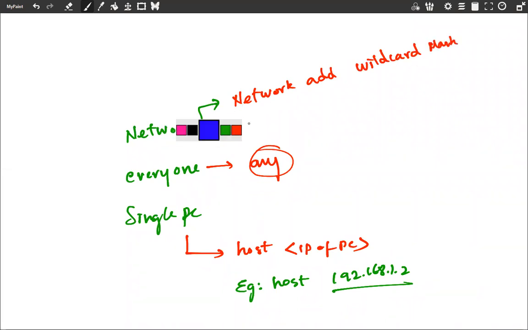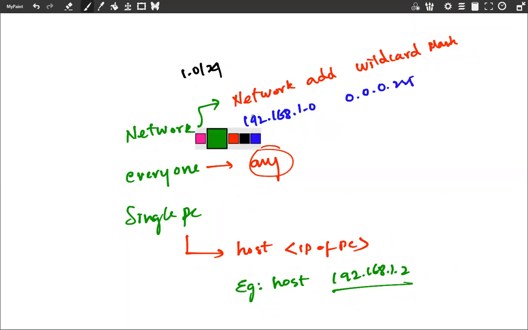So if I want to block network 192.168.1.0/24, the command will be like this. You type the network address 192.168.1.0, and then the wildcard mask 0.0.0.255, which means I'm going to block all the IP addresses that start with 192.168.1, which means the whole network. Again, the same concept: three zeros means just focusing on the first three octets,